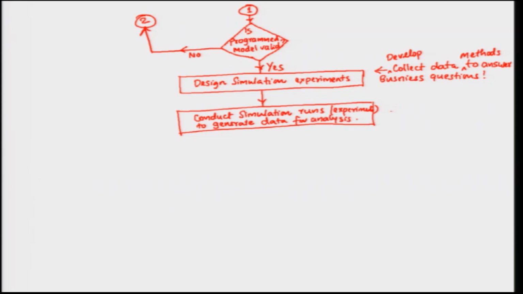So, this is what we call the data collection. So, here is the framework for data collection, and this is the actual data collection. Then once you have that, the next thing you do is